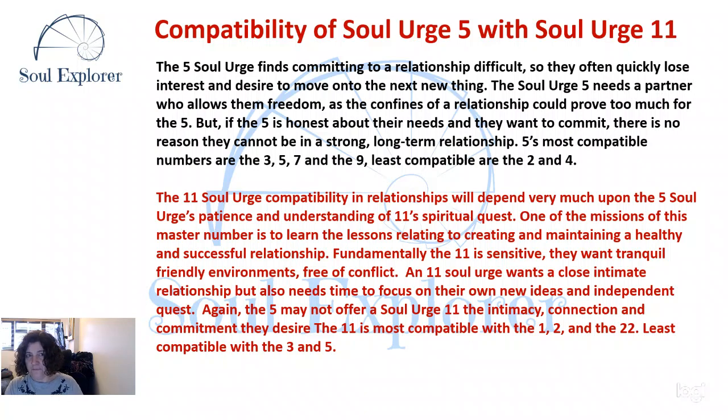And I think they would have to work hard in order to understand each other for these two soul urges to match. Where I see it being most successful is, as I've said, if the 5 is very interested in spiritual traveling and spiritual interests, they could join with the 11's spiritual quest and they could be amazing together. But if they don't share the same interests, then,